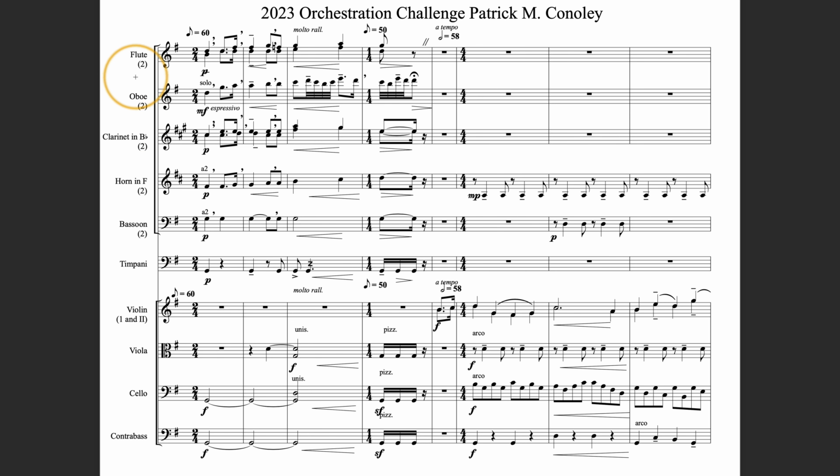Okay. So two flutes, two oboes, two clarinets in B flat, two horns in F, two bassoons, and then here separate staves for your first and second violins. They should each have their own staff, because this is sort of hella confusing, to quote my brother who went to Berkeley High School. So yeah,